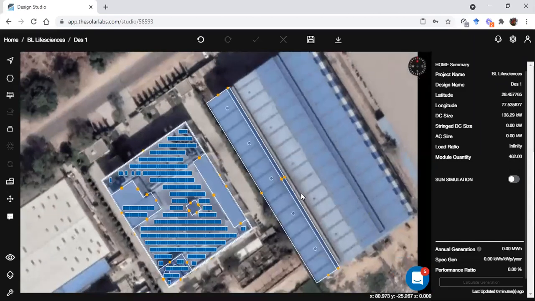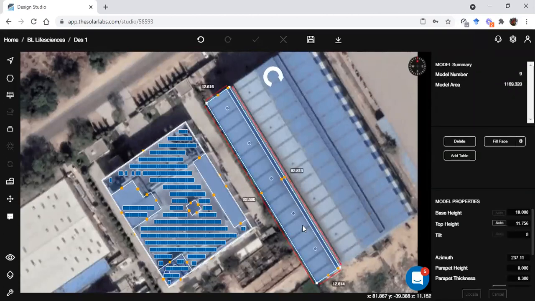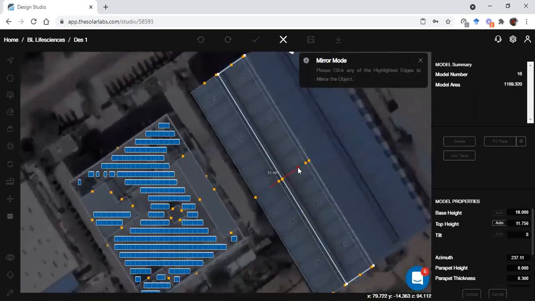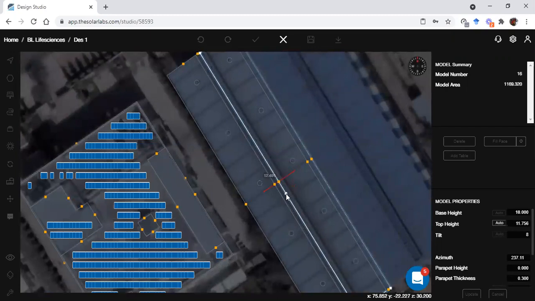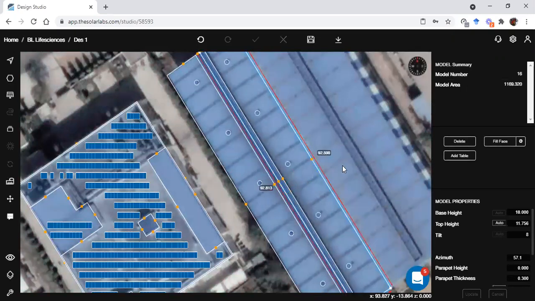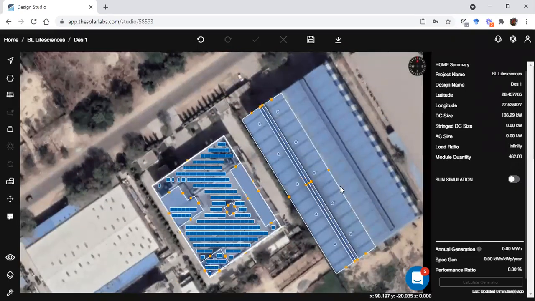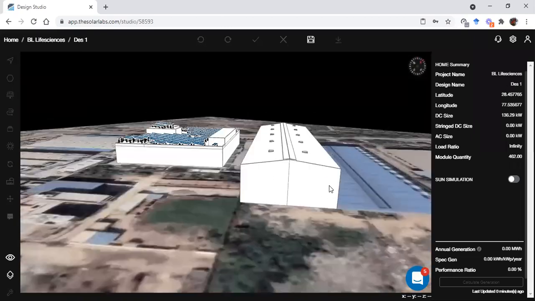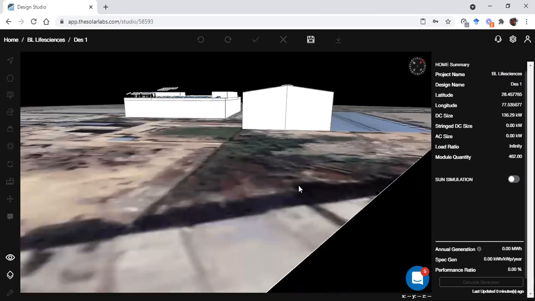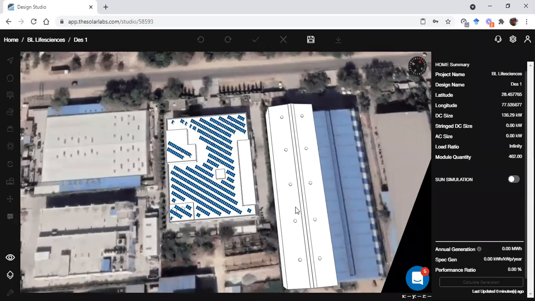Next, what we need to do is create a complete industrial set. We need to make the other half of this set. So either I can do it by creating the polygon again, giving it tilt again, everything, or simply I can just copy paste it and use the mirror feature by pressing M on my keypad. So now I'll select one side across which I want to mirror this. I'll just place it. So if I now show it in 3D, this is how my shed will look. You can see there is tilt to both sides of the set. So this is how we can create shed-like structures or industrial sheds.